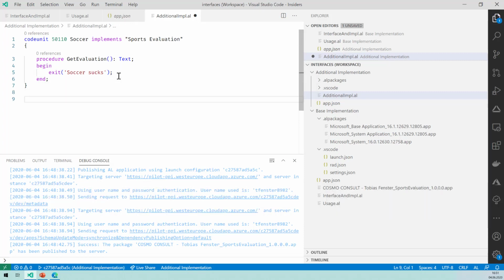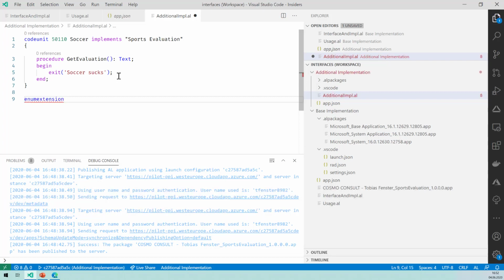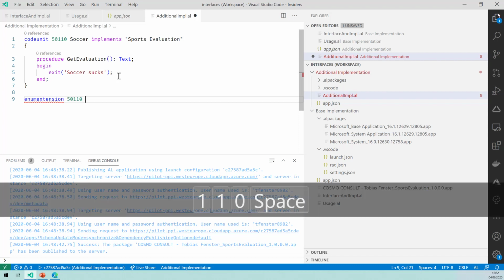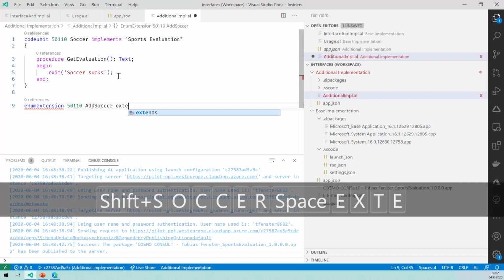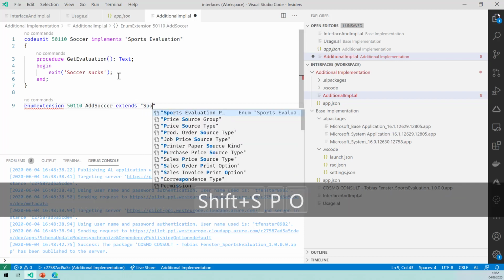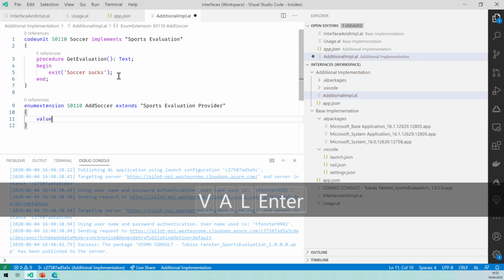Now we have the additional code unit, but if you remember the theory in the beginning, we also need to let the implementation list know that this is here. Fortunately, we have defined our enum as extendable, so now we can do an extension of the enum. That one is adding the soccer part, and it extends the sports evaluation provider enum that we've defined in the beginning. We will add an additional value